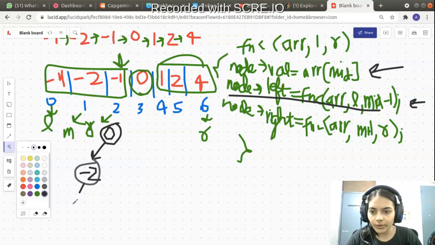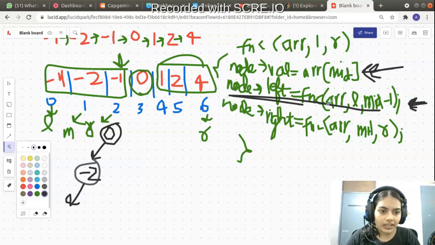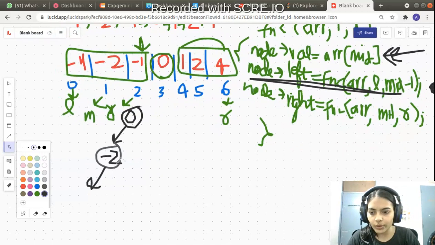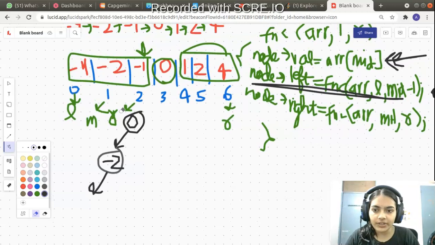Now what are we going to do? We are again going to do the recursive call, because once this value is allotted, it enters the recursive call again, right? Because it's a recursive function. So again you will enter this recursive call, but this time your node will change. Your node is minus 2. So you're going to make children of minus 2. How do you make the children of minus 2? Again you will just shift mid.